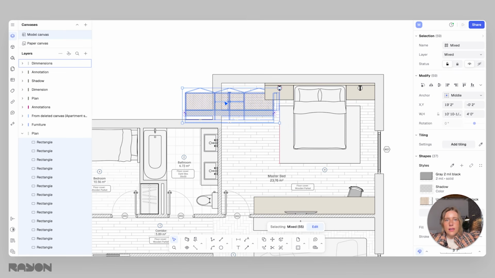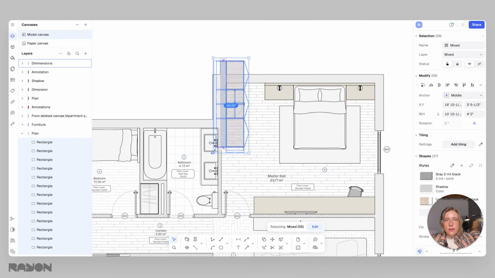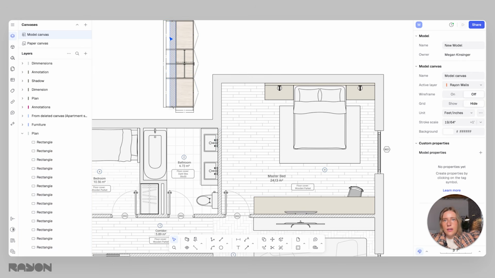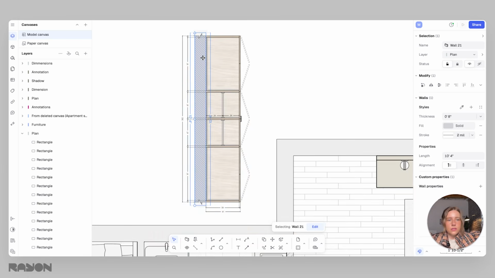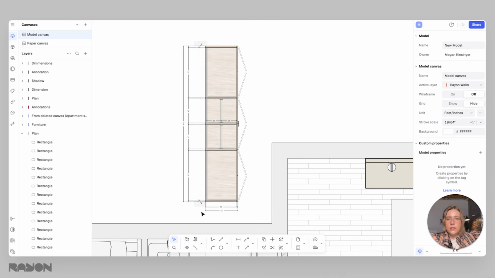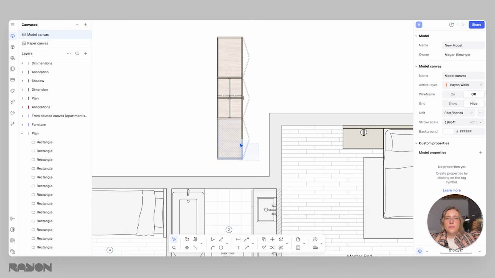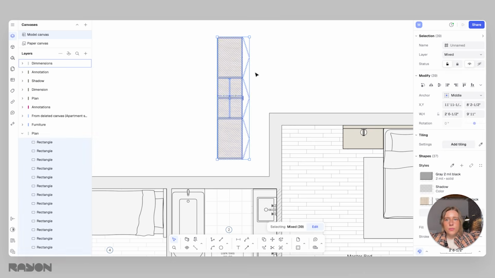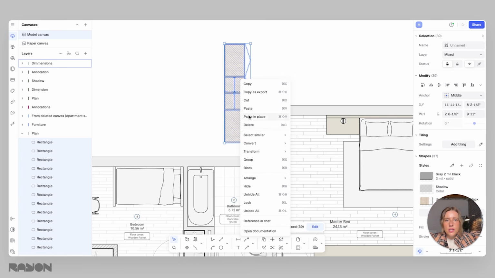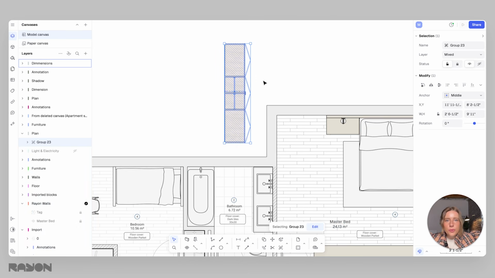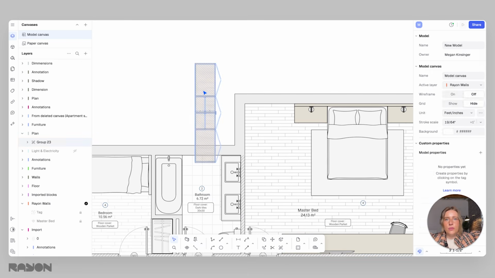And again, everything's locked, so I don't have to worry about that. We can rotate it. I am going to delete the wall detail here because we don't really need that, as well as some of the dimensions. Just clean that up a little bit. I'm also going to group this just so it's a little bit easier to use. So I'll right click and group, and that way it's easy to move around instead of having to